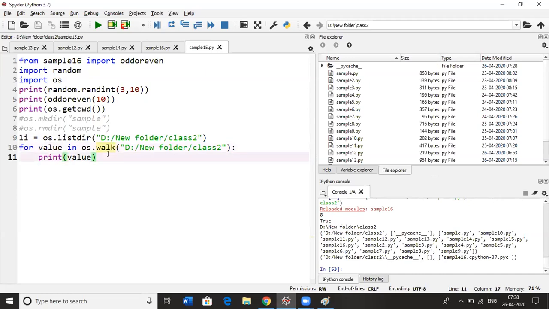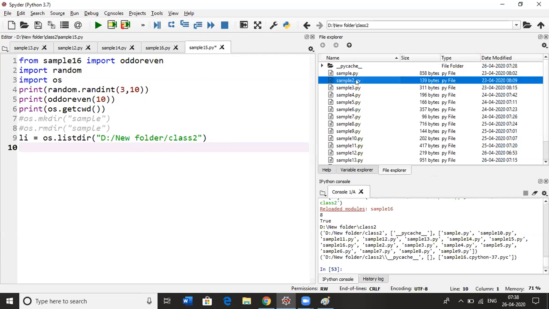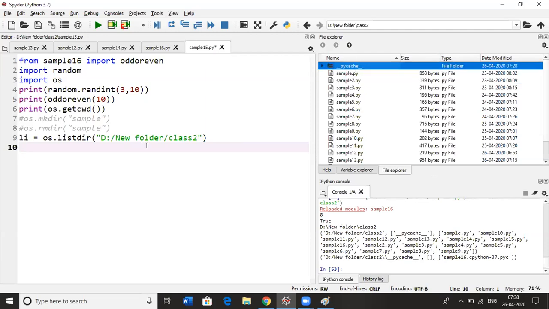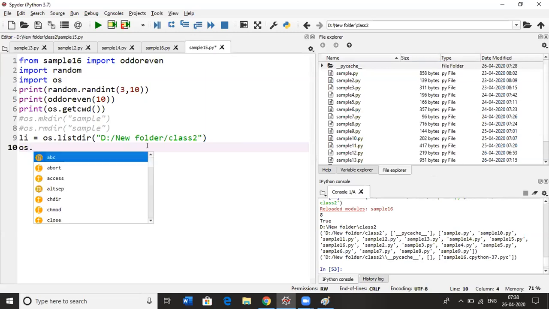So using this, we can count the file names and folder names inside this directory. How can you check whether this is a file or not? Using the extension: if some extension is there, that is a file. No extension, that is a folder. You have one more function in the os module that will check whether the given path is a file or folder. That is inside the path module,